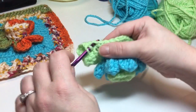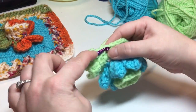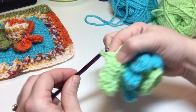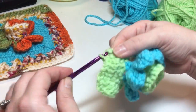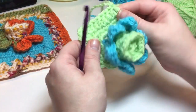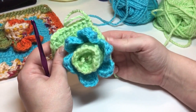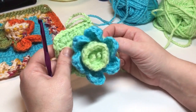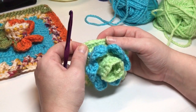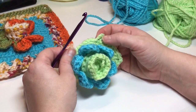1, 2, 3, 4, 5, 6, and 7. Now work your corner stitch as 2 double crochet, chain 2, 2 double crochet, and then work 1 double crochet into the next 7 stitches. Work your corner, 2 double crochet, chain 2, 2 double crochet, and 1 double crochet in the next 7 stitches,